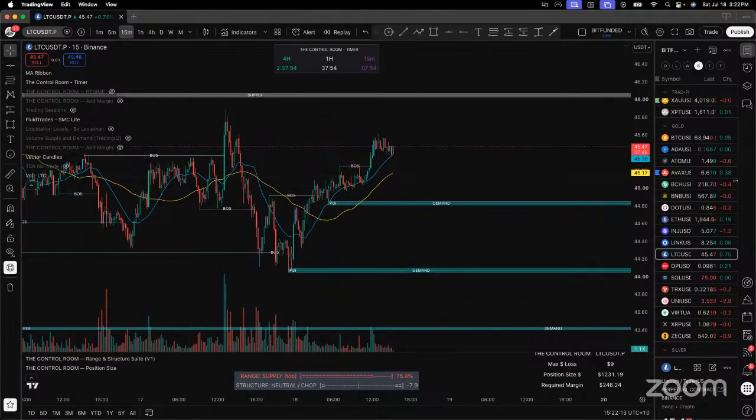Where's my entry? Let's have a look. Which account am I looking at? Yeah, I didn't get in the account that matters the most, the funded account. Oh well, never mind. Let's see what's in here. Okay, so entry at 44.32. Entry right there. So I can add, but I'm gonna wait. It's the weekend. I don't trust them. See what happens.